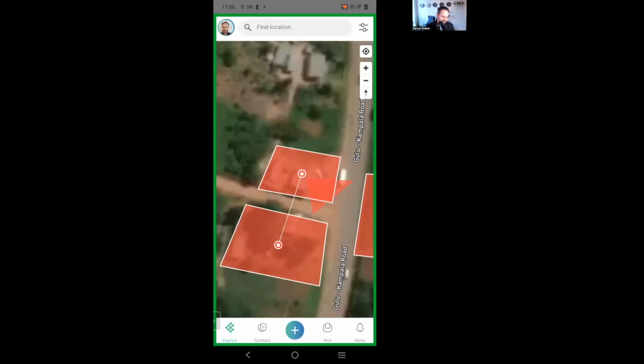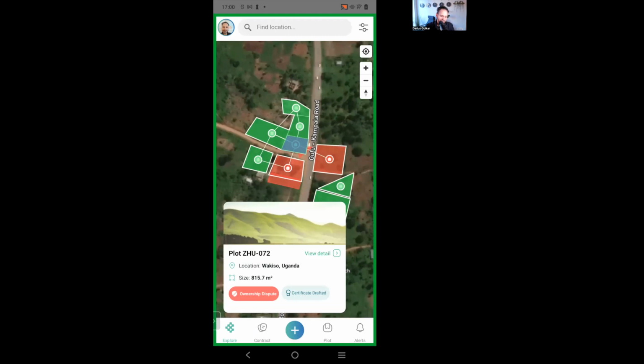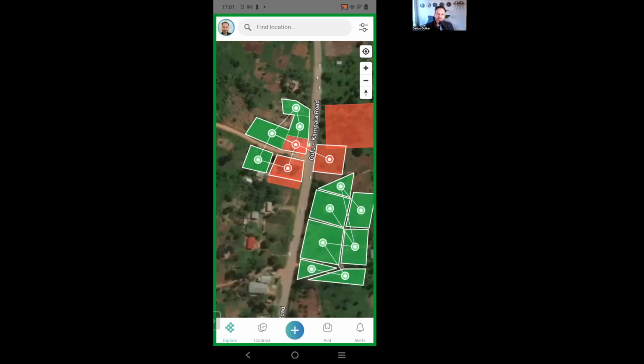All right. So this was our plot that we had in question, ZHU072. It says ownership dispute. Okay. Because we just created that dispute. Now, the certificate we were given, when it was issued, it said free and clear. So it was before this dispute happened.